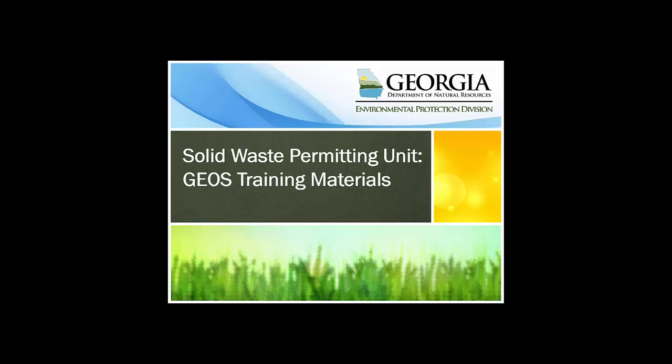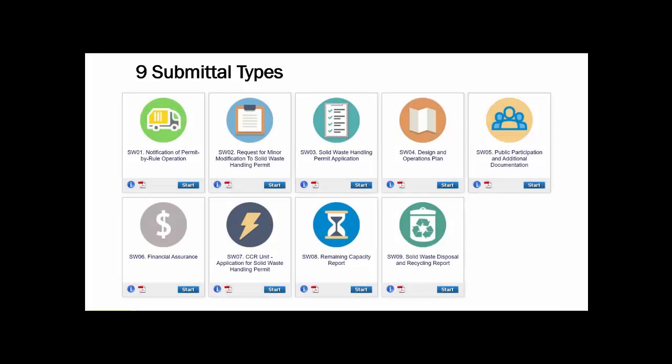Welcome to this GEOS training module covering the various submittal types used by the EPD's Solid Waste Permitting Unit. For the Solid Waste Permitting Unit, there are 9 submittal types: